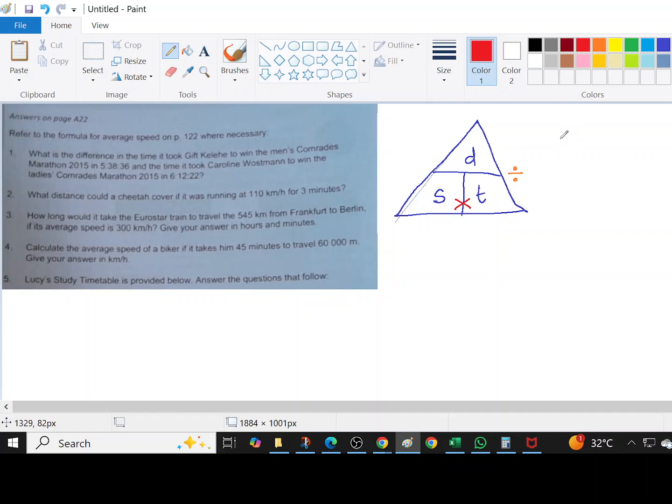So if we are saying distance is equal to, then I want you to take out distance. Okay, block out distance. Now what do you have left? You've got that distance is equal to speed times time. Am I correct? Yes, miss. Right. So I don't want to take that away. So it is speed times,